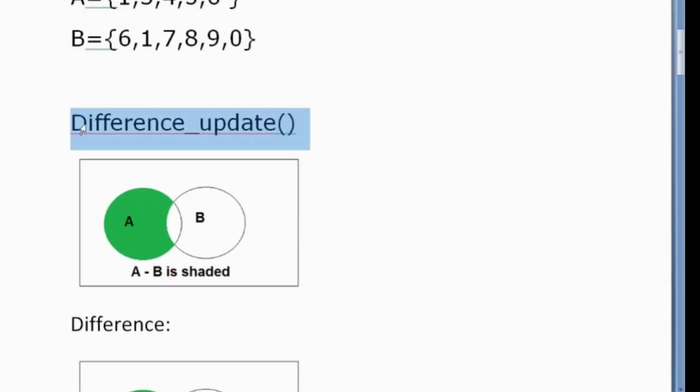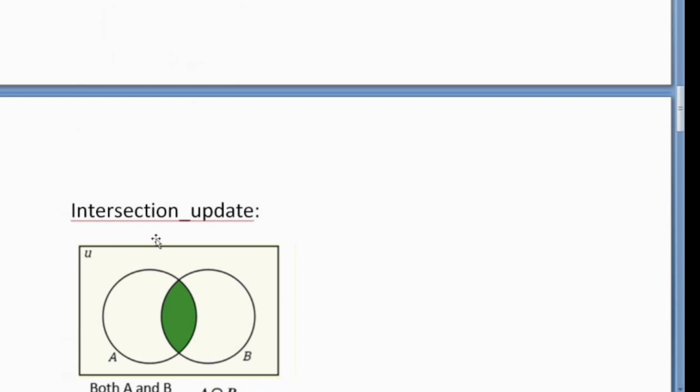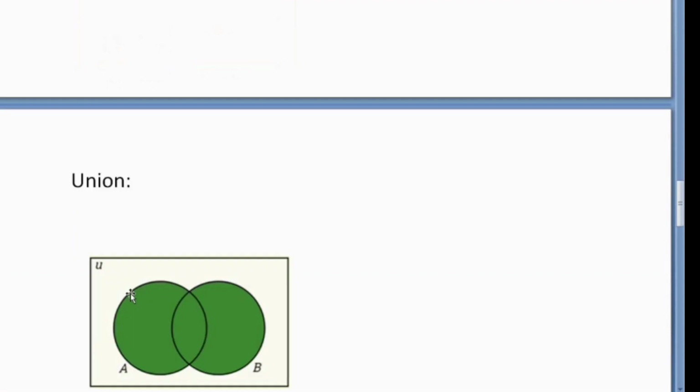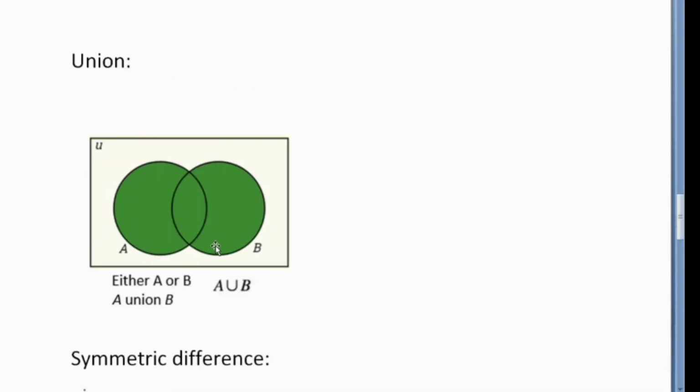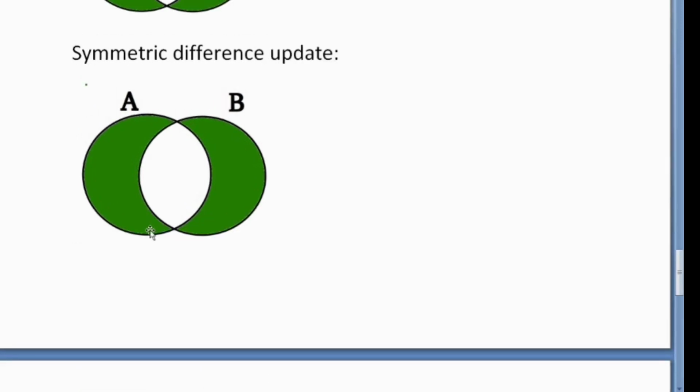Before moving to the concept, we have to know the difference, difference update, and some basic things in the set. Difference returns nothing but this. By seeing this image you can understand it will return only A. What is meant by intersection and intersection update? It will return the intersection of both A and B. Next, what is union? Union is easy, that is A and B. It will return all the elements in A and B including the common elements. Next is symmetric difference. Except the intersected elements, it will give the other elements. These are the symmetric difference.